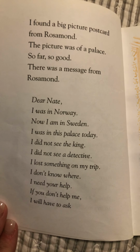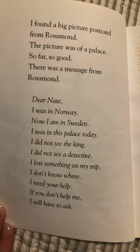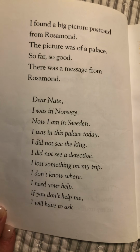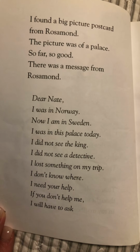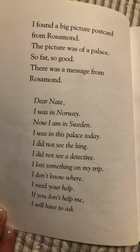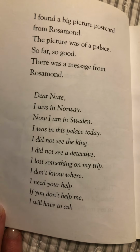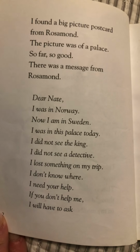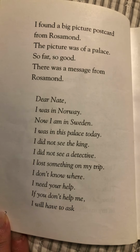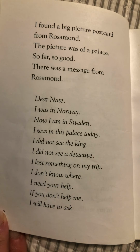I found a big picture postcard from Rosamond. The picture was of a palace. So far, so good. There was a message from Rosamond. Dear Nate, I was in Norway. Now I am in Sweden. I was in this palace today. I did not see the king. I did not see a detective. I lost something on my trip. I don't know where. I need your help. If you don't help me, I will have to ask